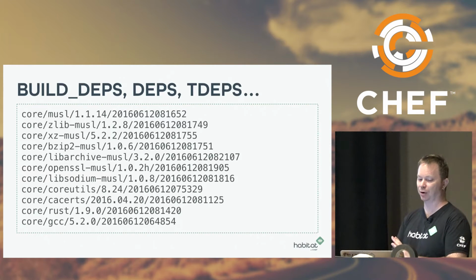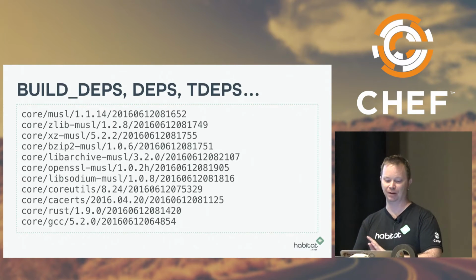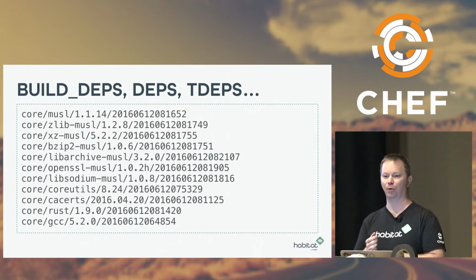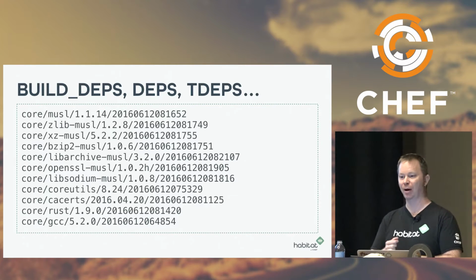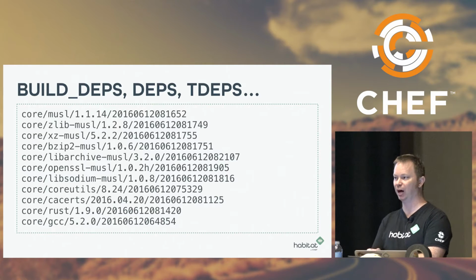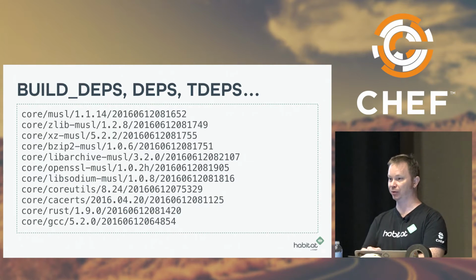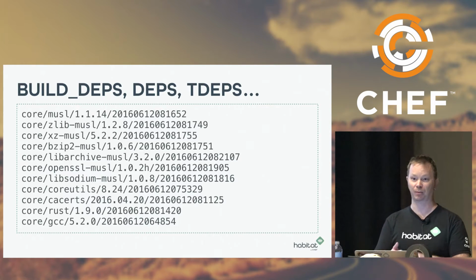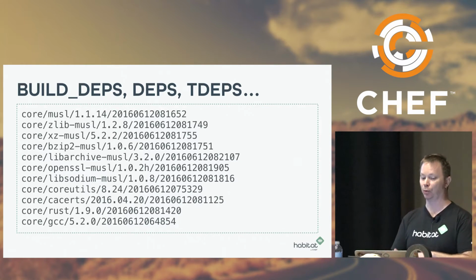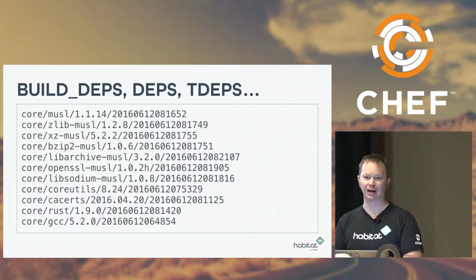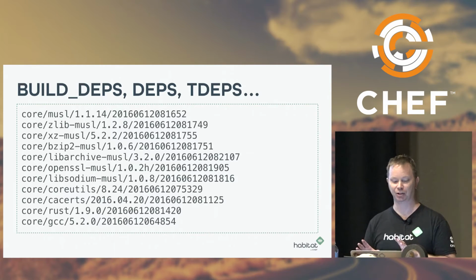Some of the metadata files are related to the dependencies of the package. You have a build deps, which is the dependencies for building this package. So if I'm in a studio and I'm going to build the package, those are the ones that will be installed on the system in that true-rooted environment so that the package can actually get built. Sometimes you need things like make and GCC for build time, but you don't need them for runtime, right? So the runtime dependencies are in the deps file. And that is just the things that that package needs to run.